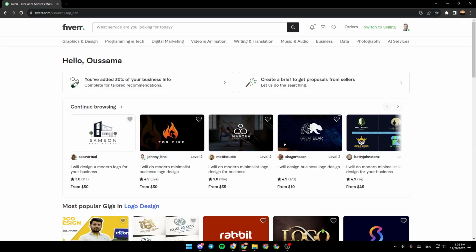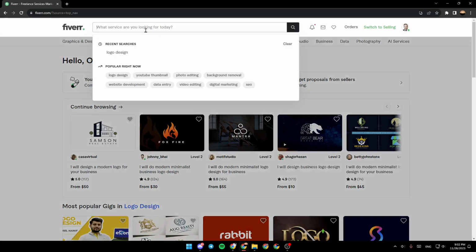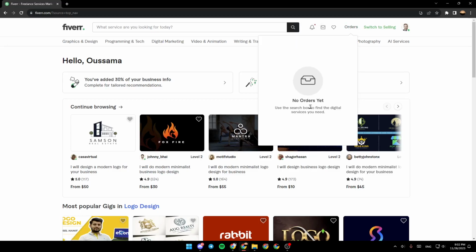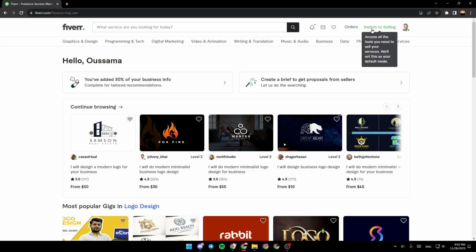As you can see guys, I'm right now in Fiverr and this is how the homepage looks like. So right here in the top, you're gonna find the search bar and here you're gonna find notifications, messages, lists, and orders. So basically, guys, right here you're gonna find the active orders that you have. Right here you're gonna find switch to selling if you have a seller account, and right here you're gonna find